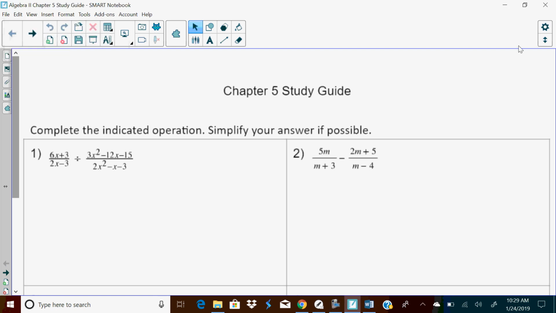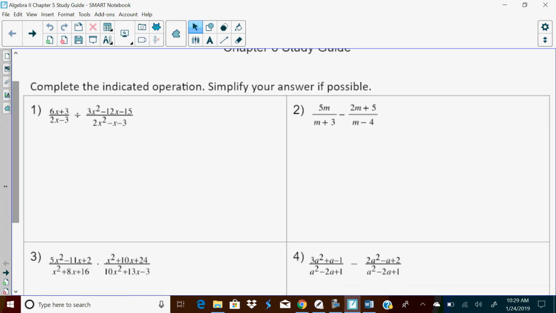Here are the answers for the Chapter 5 study guide. For problems 1 through 4, you are completing the indicated operation and simplifying your answer if possible. So for the first one,